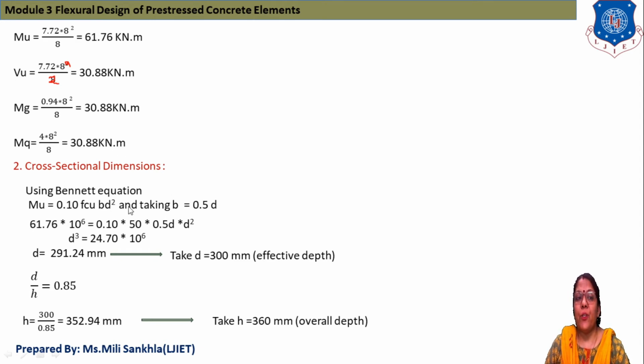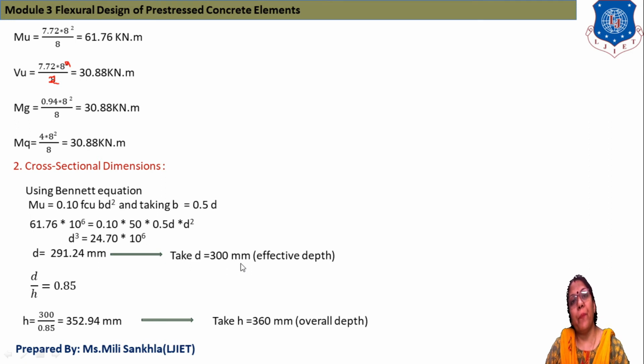Now the cross section dimension, according to our Bennett equation, Mu is equal to 0.1 FCU b d square. Here we take width b is equal to 0.5 d. This is simply an assumption according to this Bennett equation. Mu, here we find out 61.76 10 to 6 is equal to 0.1, then FCU is equal to 50, b assume 0.5 d and d square, d cube is equal to 24.70 10 to 6. After solving, we find out depth 291.24 mm and we have to take a round up value d is equal